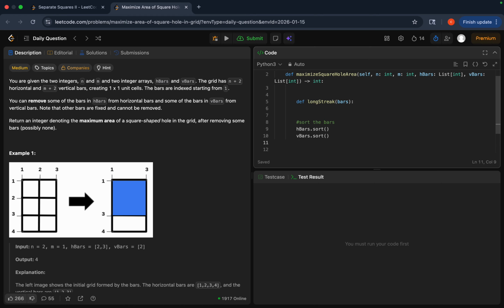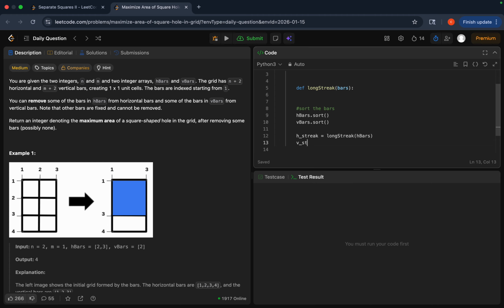Now we have to calculate the long streak actually, so we can have h streak is equal to long streak and pass in h bars, right, and v streak is equal to long streak of v bars,